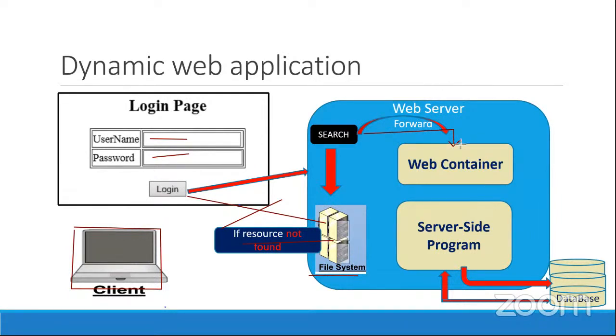The request is searched in the web container, which processes the request and performs the required actions. If it contains a server-side program, it takes the required action. And if the request needs to access data, then